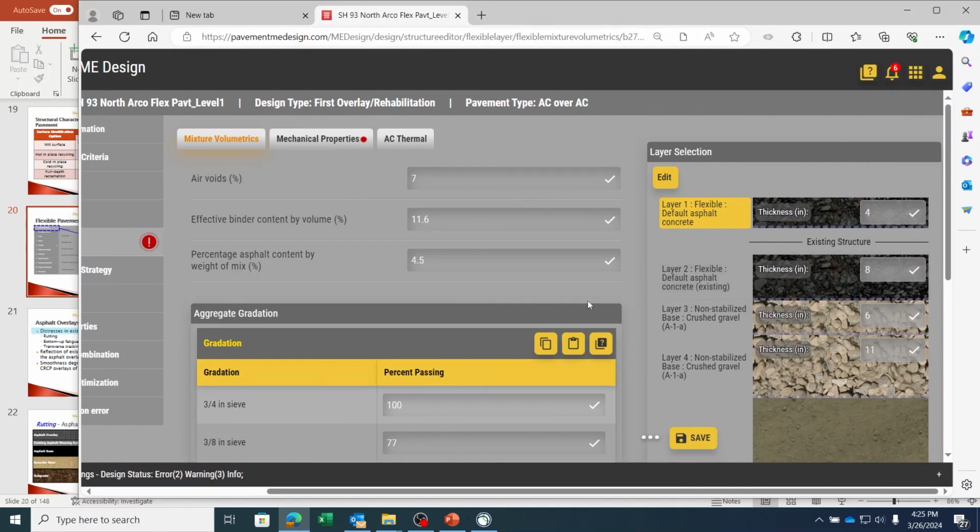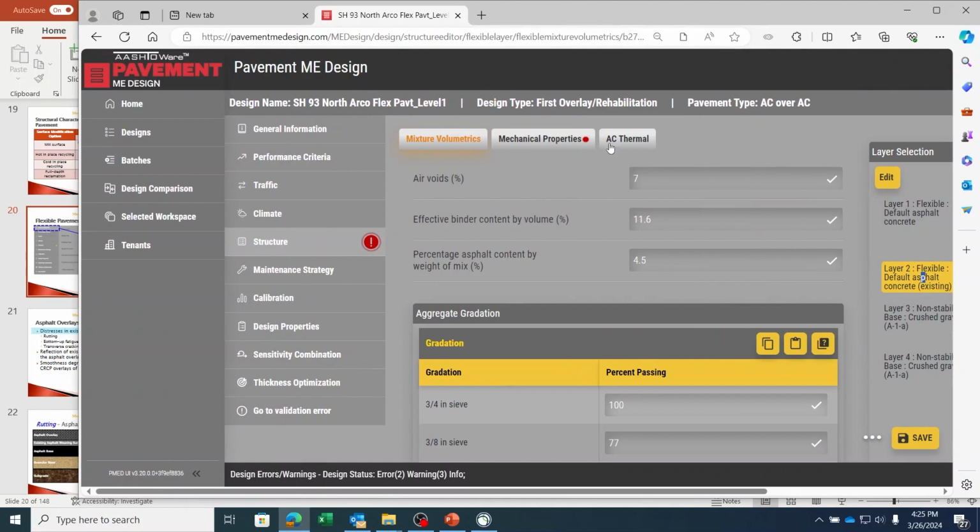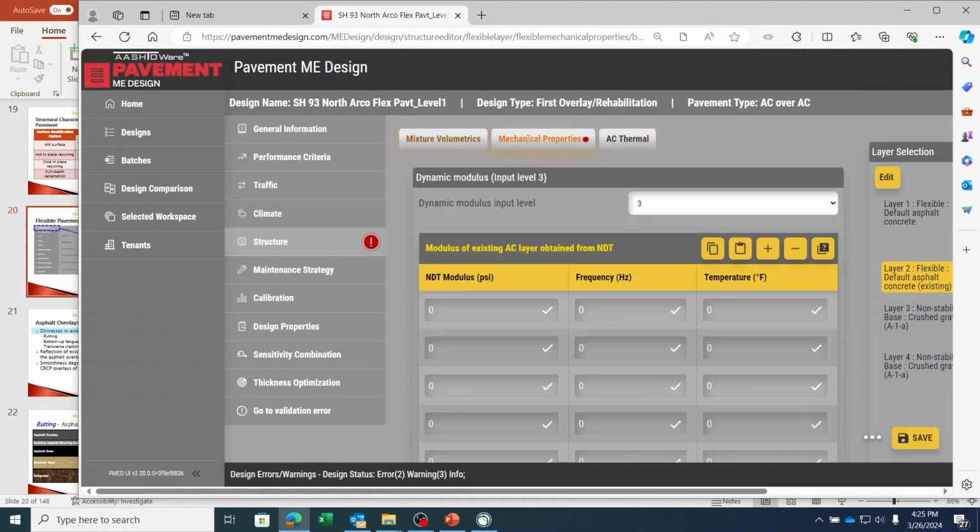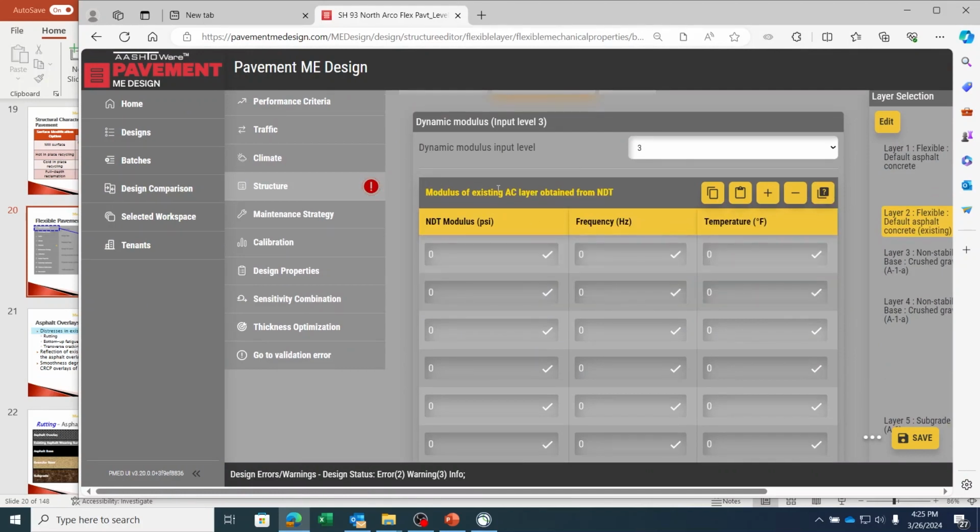So if we go to our structure, to the existing asphalt layer, the mechanical properties, you can see now that these are the inputs for the modulus of our existing asphalt layer that are obtained from non-destructive